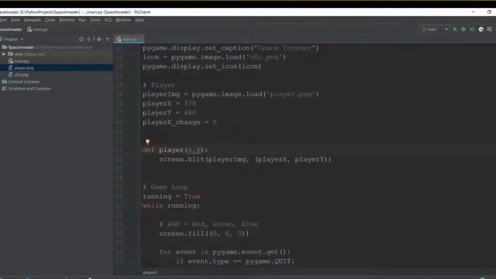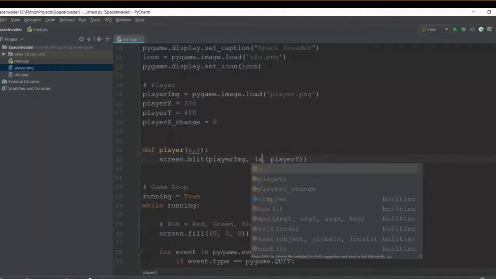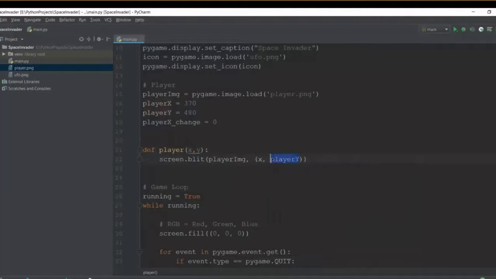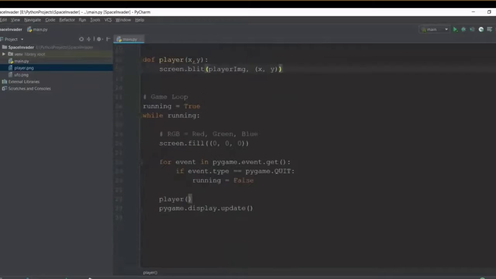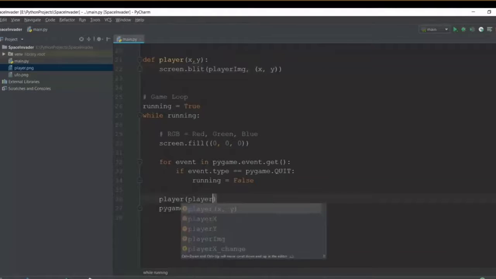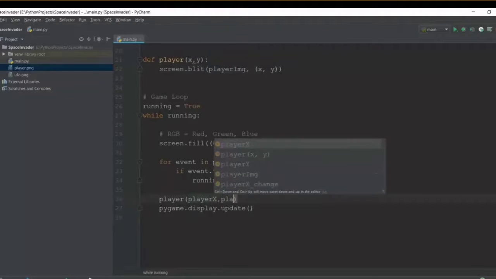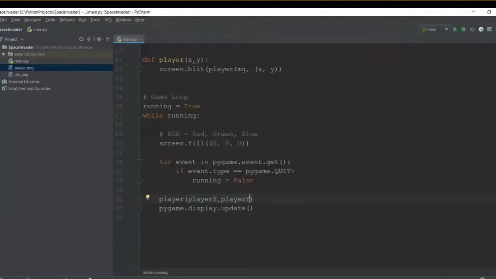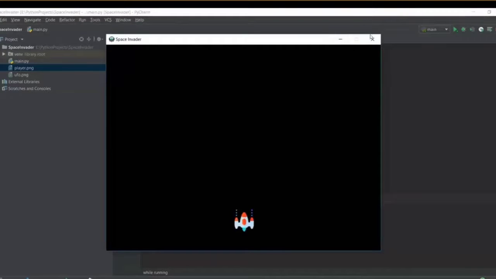Then instead of player X and player Y, we just use X and Y, so that the new values that we send in are the ones being drawn on the screen. So now we have to go back to the place where we are calling this function. Over here right now, let's just write in player X and player Y, and you will see that there has been no change. So let me just exit this first and then play it again.